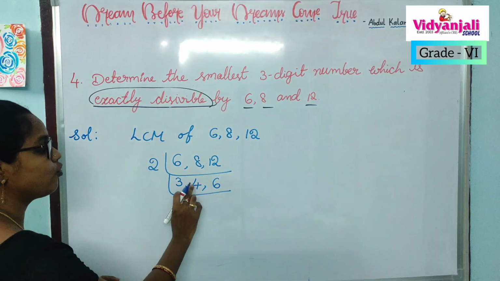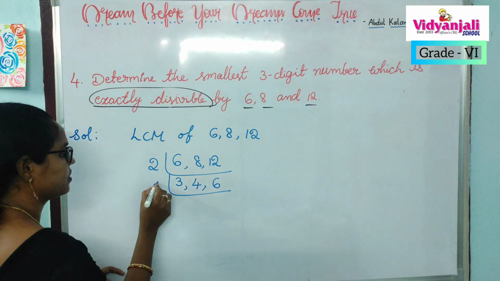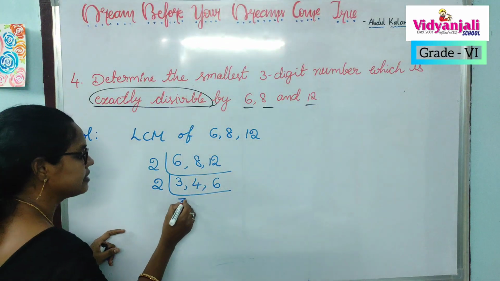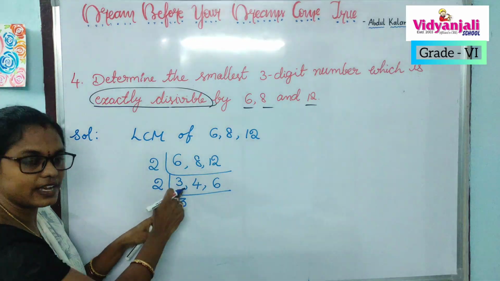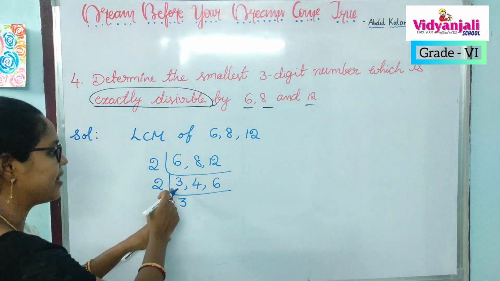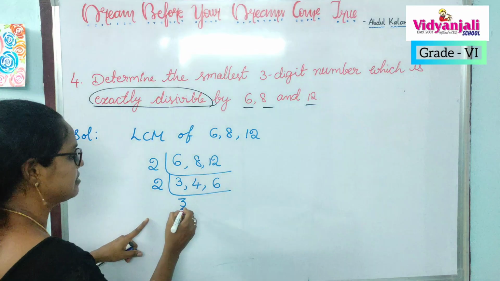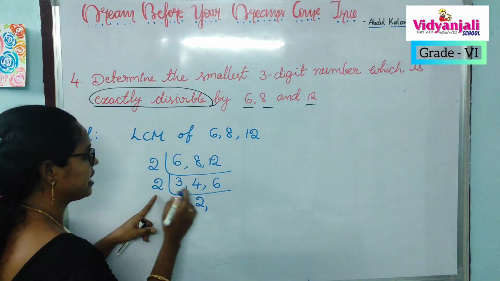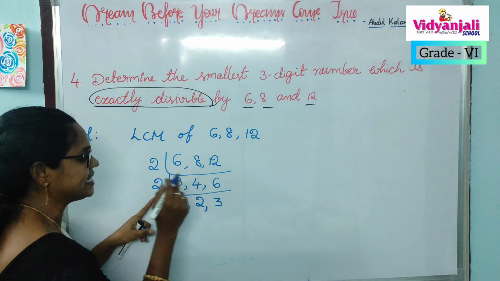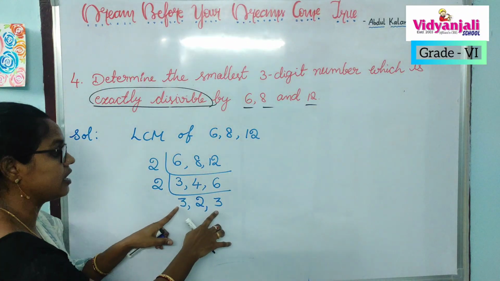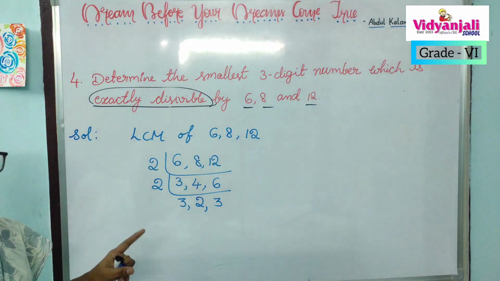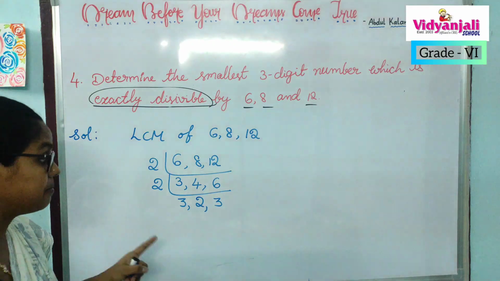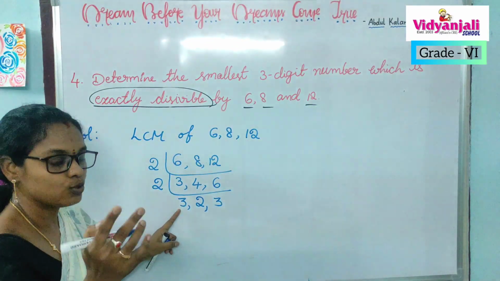Now, if we see, 4 and 6 are divisible by 2, so let's go with the 2 table. In the 2 table, we won't get 3. So we have to write 3 as it is. Now in the 2 table, how many times is 4? 2 2s 4 and in the 2 table, 2 3s 6. Now here, you should not stop the problem even though we have all prime numbers. Yes, they are prime numbers. You are correct. But here we have 2 twice, right?